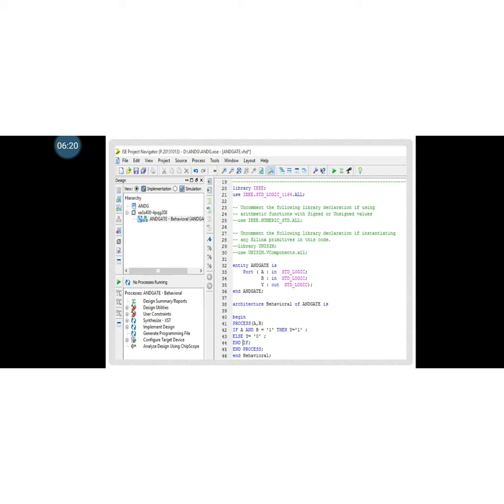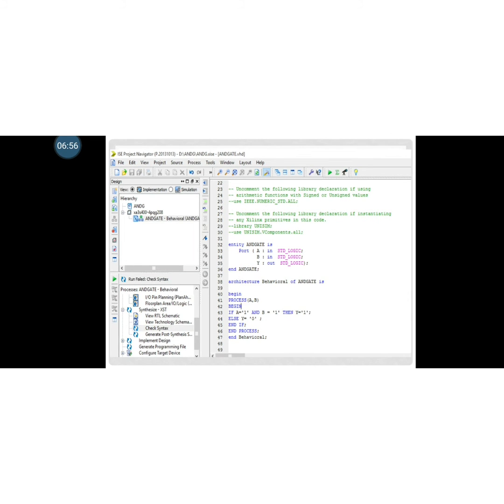Now the next step, always after editing the program, is to check the syntax error, if any. Here in implementation, down there is synthesis XST. You have to click that synthesis, and in there you will get check syntax. Click that, and if any error is there you will be able to find it out. Otherwise, if there is no error, then successful will be shown down there.